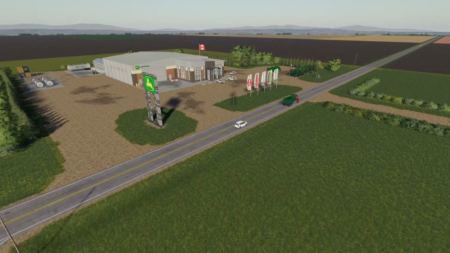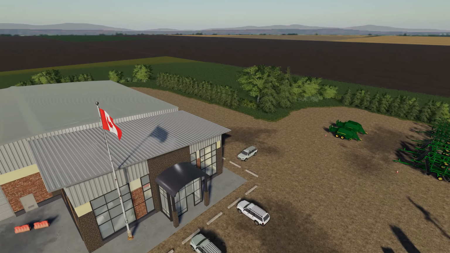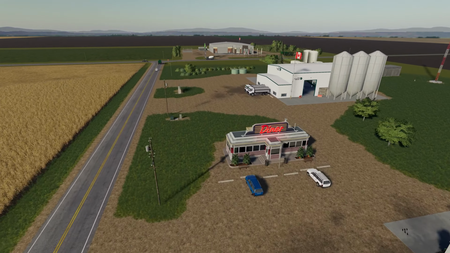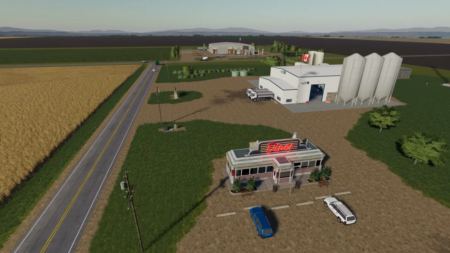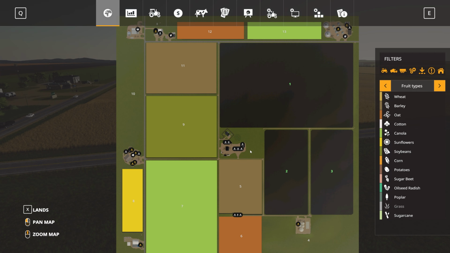Last but certainly not least is one of my favorite maps in this video, and I'm gonna call this one of FS19's best kept secrets. This is a map called DuBois Farm by Northwest Mods and Edits. This map is a